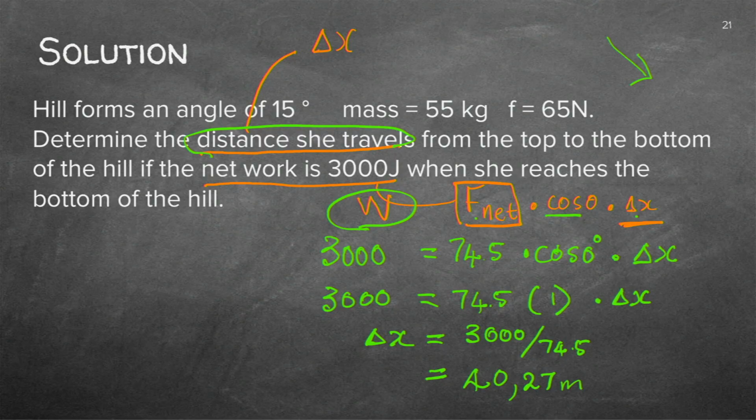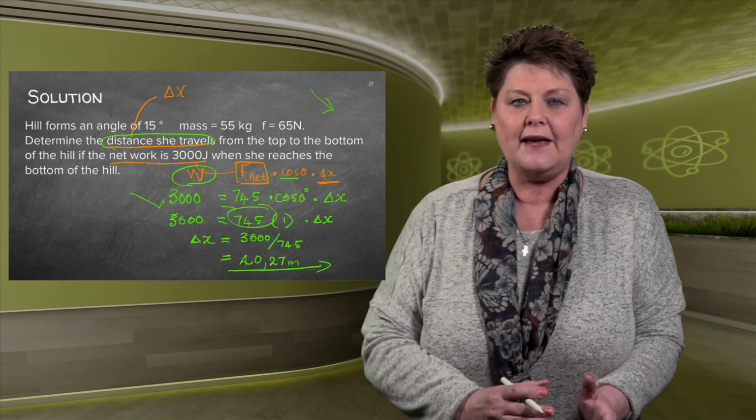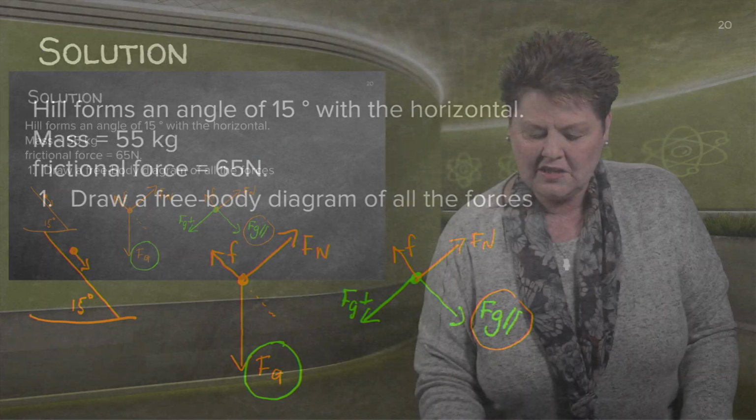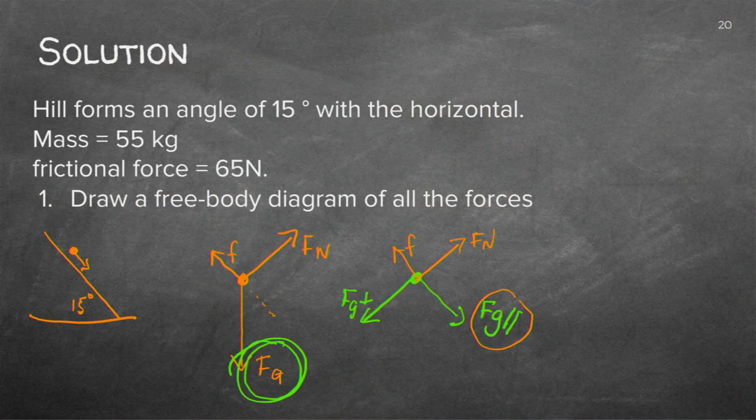They asked me to calculate the distance. What did they give me? They gave me the energy that she's using, or the work that she's done, and we saw the net force that's creating this work done is 74.5. So I hope you can do a calculation where they ask something else, but just bear in mind, go to the correct forces. Do you see here? I had the weight or the gravity, and I had the slope, so I could then calculate the parallel component, and then from the parallel component and the friction, I could get to the net force.